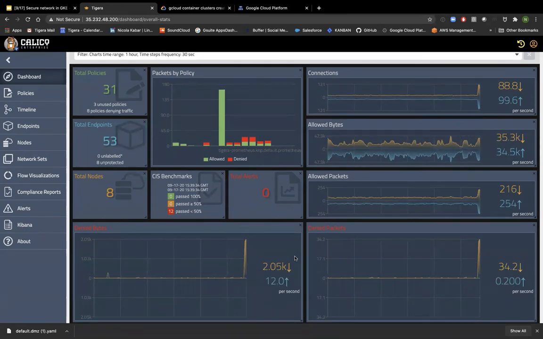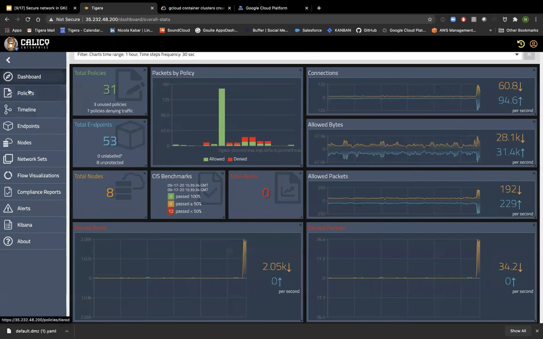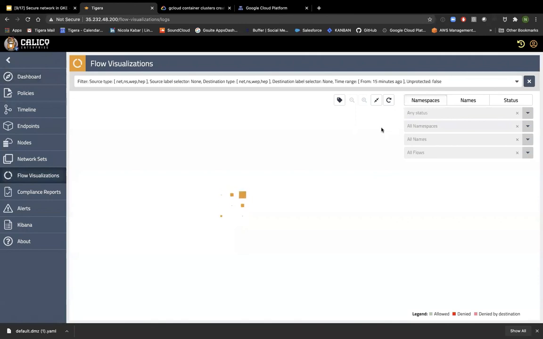If you have deployed this GKE with network policy enabled, yes, this probably will be happening the same way. That means that you can block certain traffic that's unwanted, but you wouldn't know when that happens. You don't have that level of visibility. So that's another huge advantage that we have with Calico running on GKE. So if we go back to the flow viz, you can see here, hopefully,